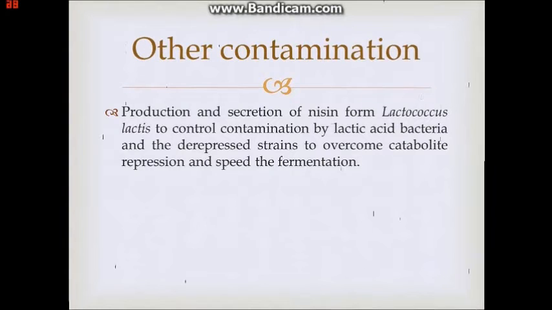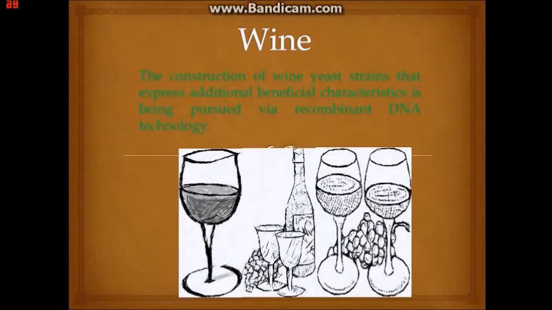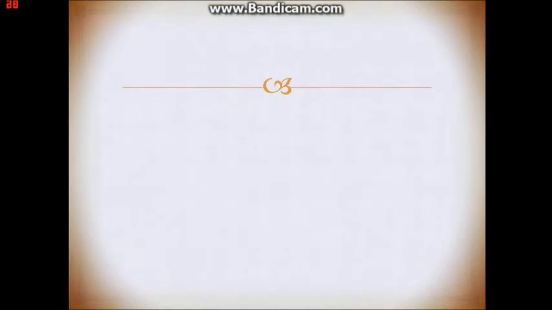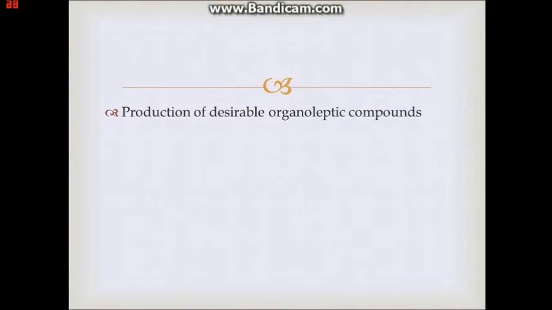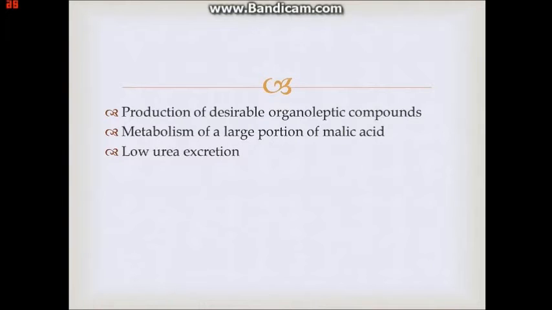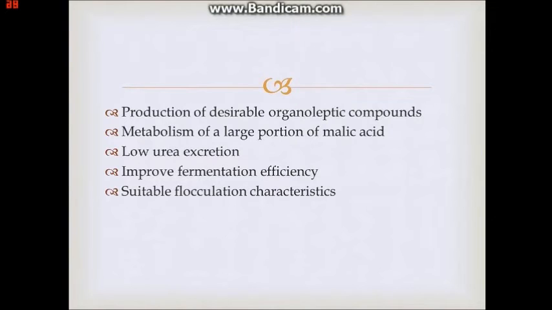As for wine, most of the wine issues can be solved by using recombinant DNA technology. By using recombinant DNA technology, the wine yeast strains will have beneficial characteristics such as production of desirable organoleptic compounds, metabolism of a large portion of malic acid, low urea excretion, improved fermentation efficiency, suitable flocculation characteristics,